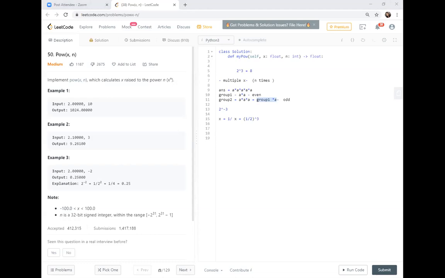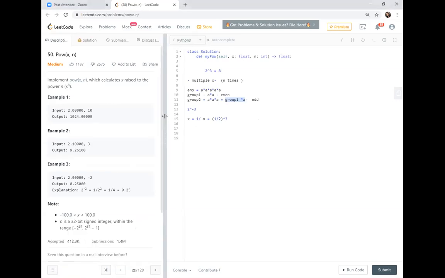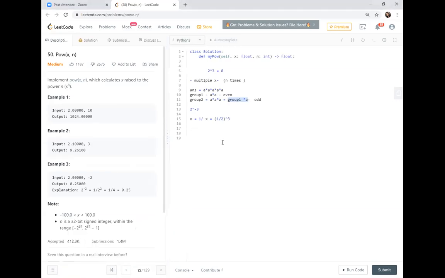Yeah, that makes a lot of sense. It's almost like if you have a times a times a times a written a bunch of times, we're essentially trying to fold it onto itself, so we're traversing it log n times. If I can come up with a formula: if n is even, we are dividing n by 2,